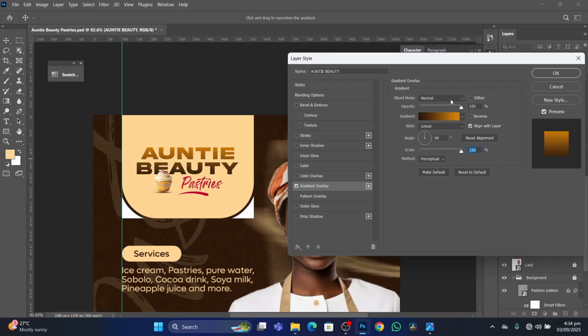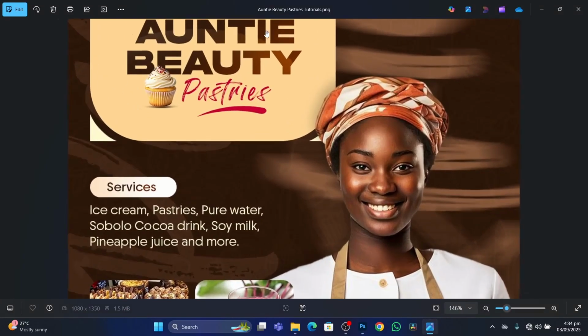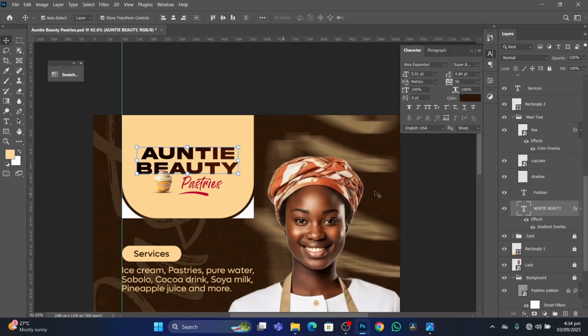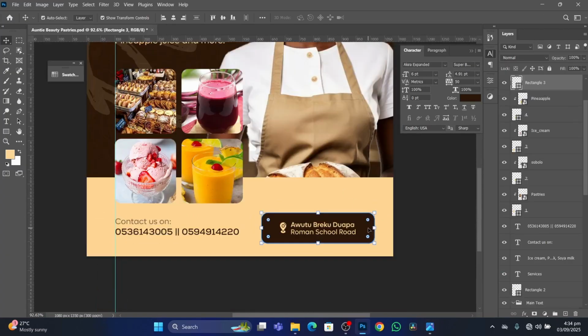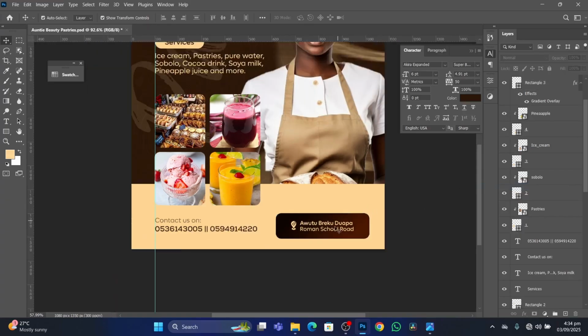Then I'll increase the scale and reduce it. Sorry, change the blending mode to color overlay. So I'll bring it somewhere here nicely. So to be the same for this one, as you can see. You see, yeah. So what you're going to do is to duplicate the color overlay. So you right click and copy the layer style and paste it on the shape. So you click on the shape, you right click again, and you paste layer style